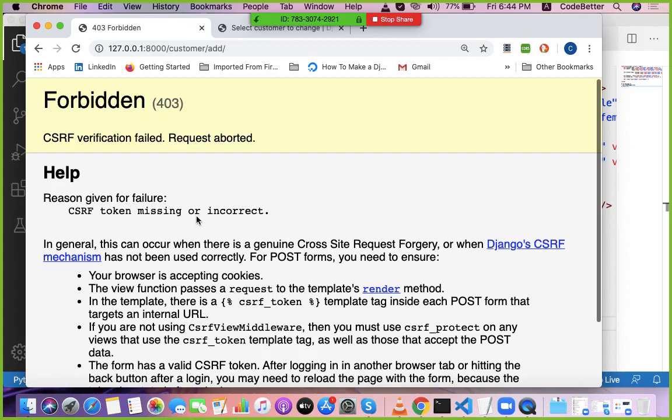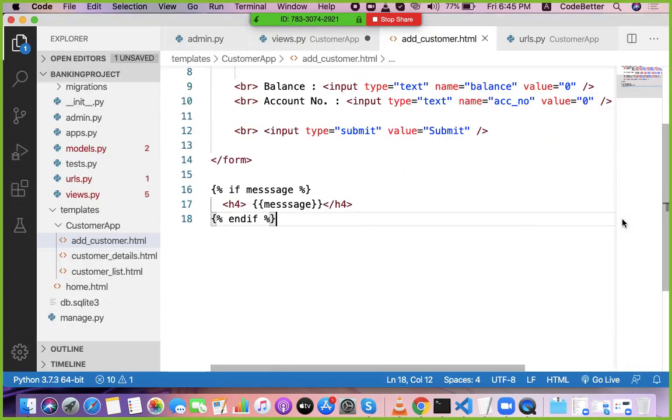So I have to put one CSRF token verification. For that purpose, I have to put the CSRF underscore token element inside that form.